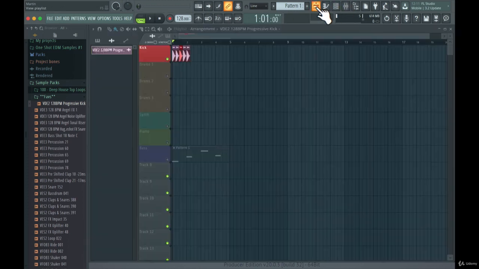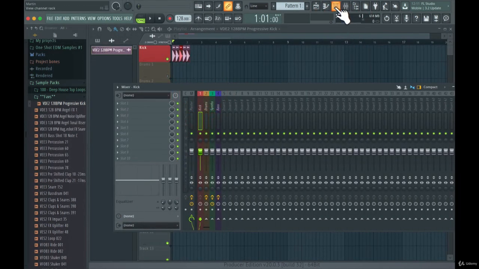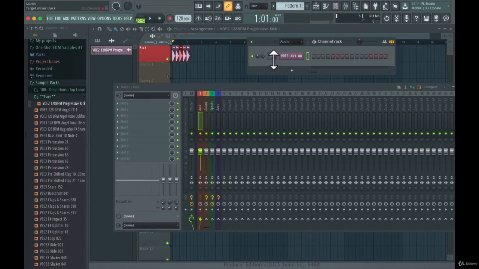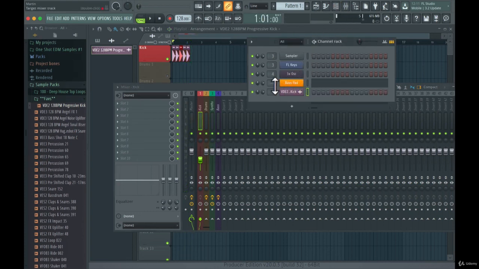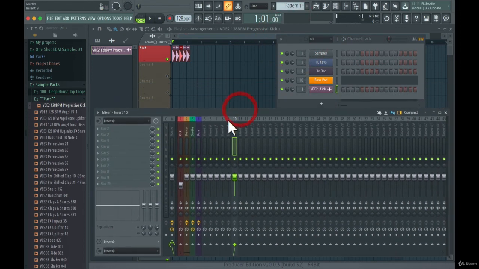And what I'm going to do here is to go to the mixer and channel rack, take the kick drum here, place it on the kick bus and lower the kick a bit. So this is what you want to use. You want to take all of your sounds and assign them to the mixer channels. So I always go to at least from number 10 in the channel mixer for the track and assign it from number 10.